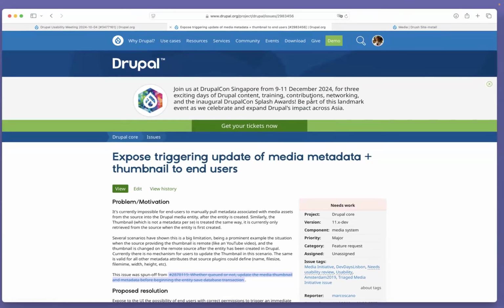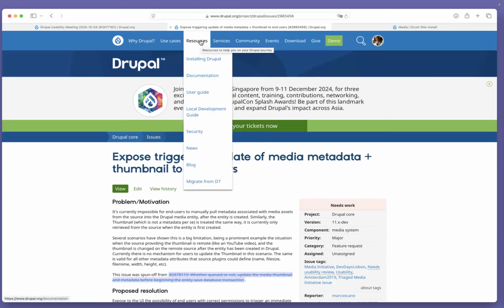I've re-raised the issue we discussed last week. It's issue number 2983456, exposed triggering update of media metadata and thumbnail to end users. We discussed it last week, and while I wanted to write up a summary, I ran into one or two open questions we haven't really tackled.